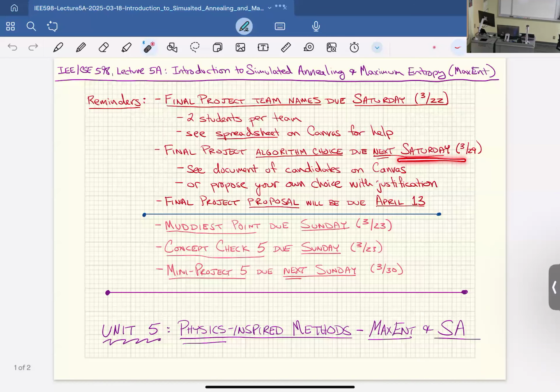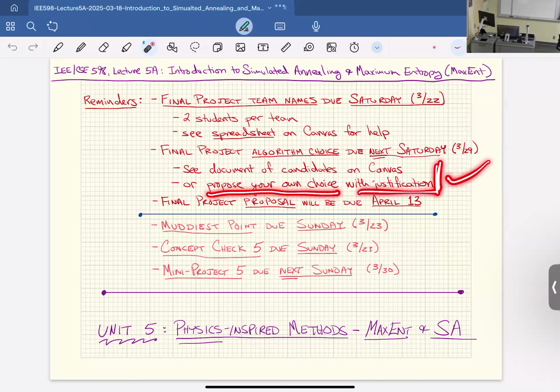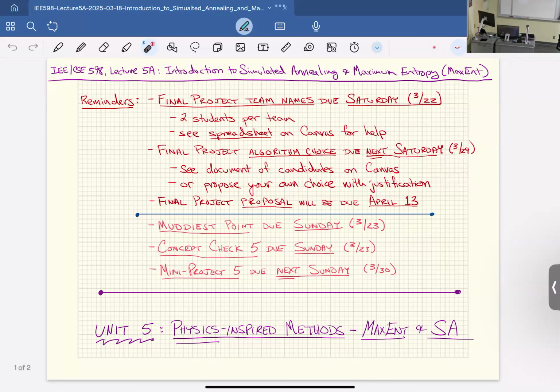And that again, due Saturday, there's a list of candidate algorithms that we won't cover in the class that are also nature inspired. If there's another one you've heard of or that you'd like to further investigate that you think is not covered already in class, like a significant extension of something that we've done in class, or just not on the list, that's fine. You can propose your own choice with some justification. I'll review those and then give them my check mark, and then the next thing after that is the short